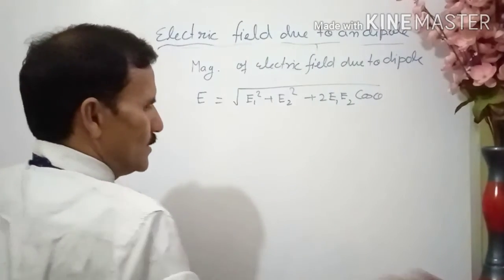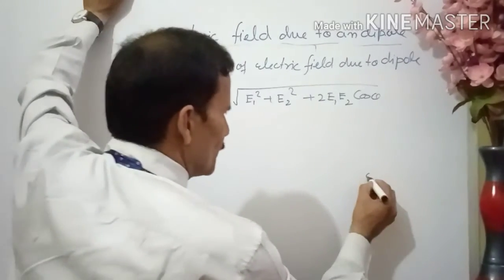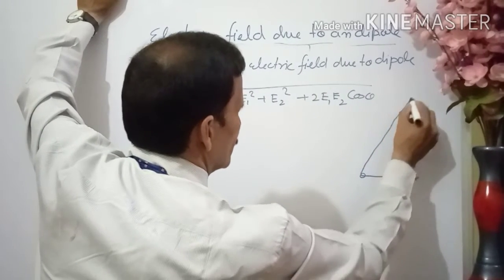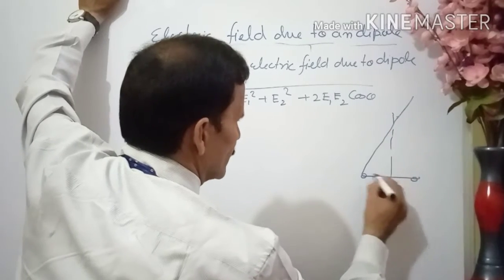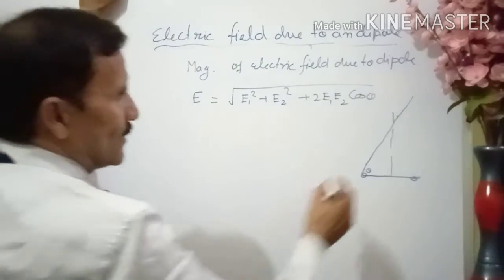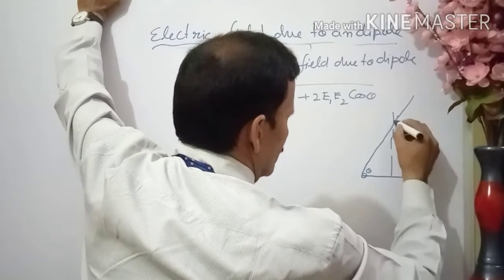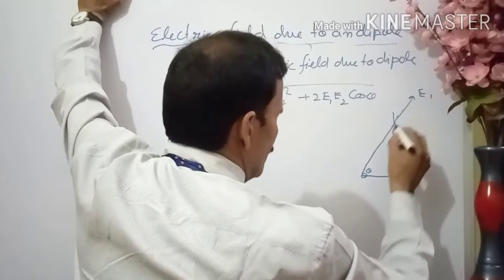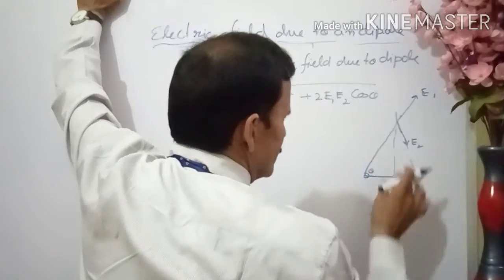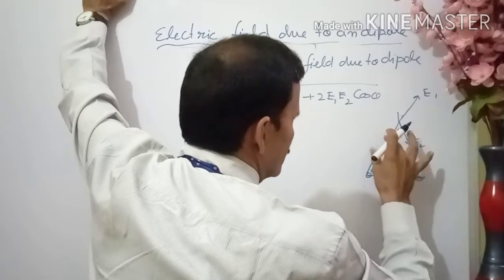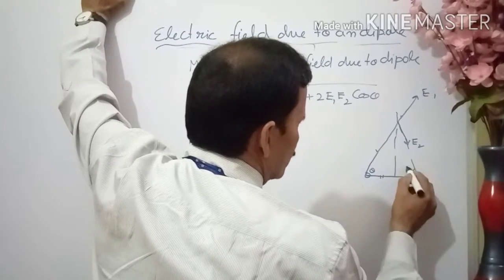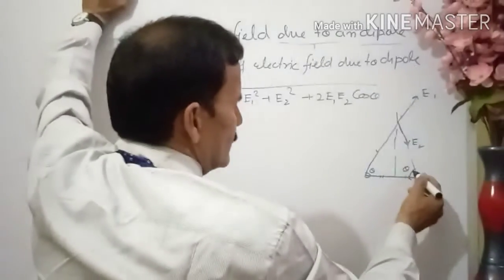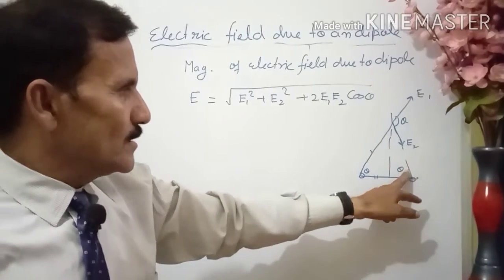The figure is required. So what can this be, put the value. Suppose we make the figure again, because for cos theta you need the figure. So what was the cos theta? Theta is here, this was the position, this was E2 and this is E1. Now if this is theta, then since they are equal, this will also be theta, okay? Both sides are equal. This is theta, this is theta, this is theta. Why?